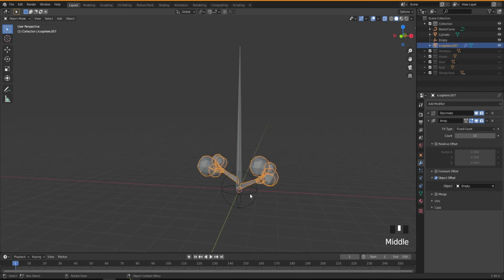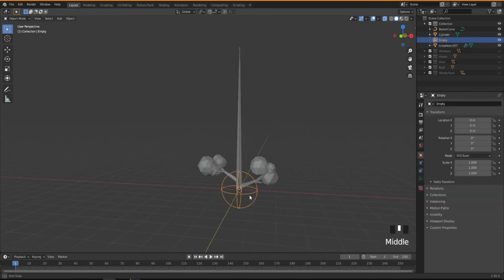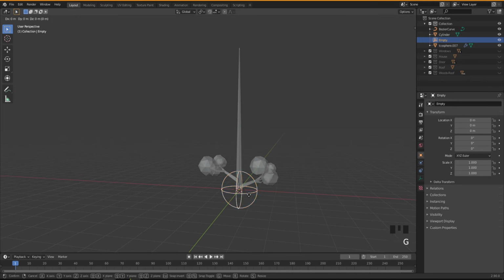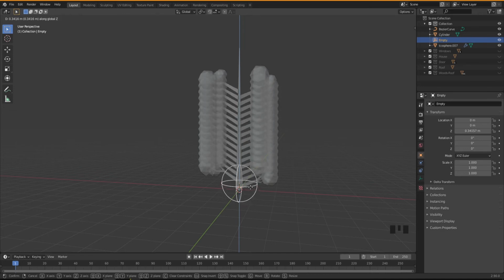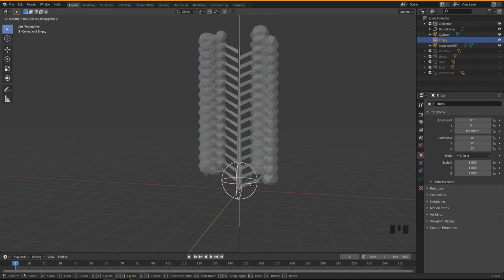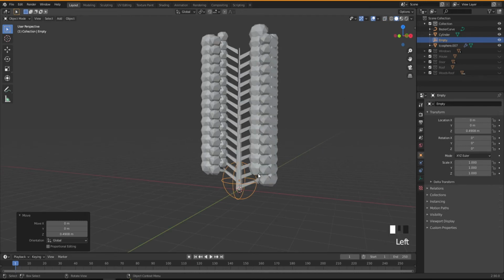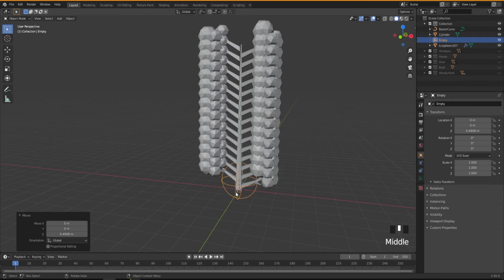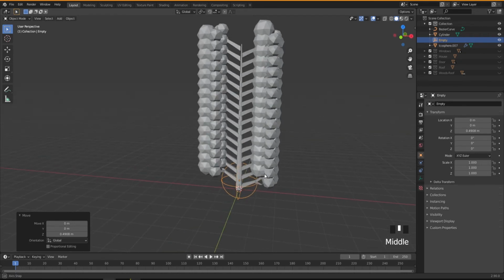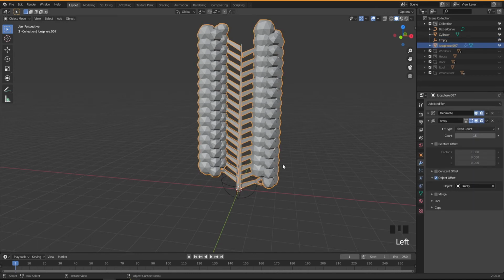So now if we select our empty and then press G and Z and move it up, you're making this copy like this. So let me get out of X-ray mode so we see it better like this. So now this empty is driving our chi, but I think we have too many, so I'm gonna reduce the number down a little bit. Let me make it 10 now, because you remember we have both sides.